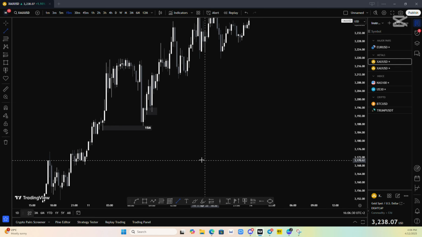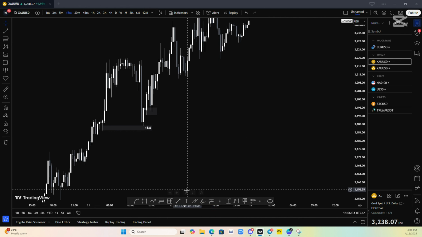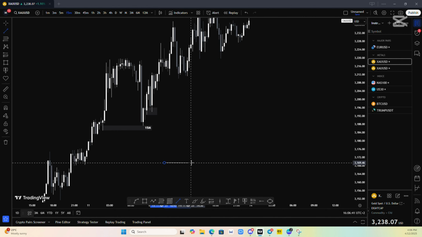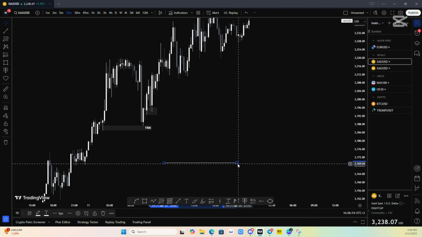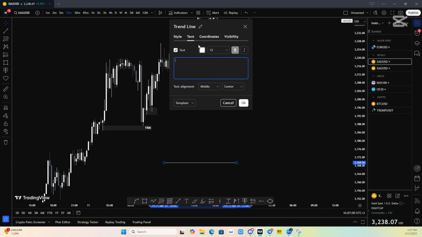So next up, I use my trend line. This is pretty much simple. Another trick, I think most of y'all maybe know this, but if you want to draw a straight line on your TradingView here, you just hold on shift, and your trend line here should be straightened up. Okay, and then my trend line, my style is just white, and then my text is